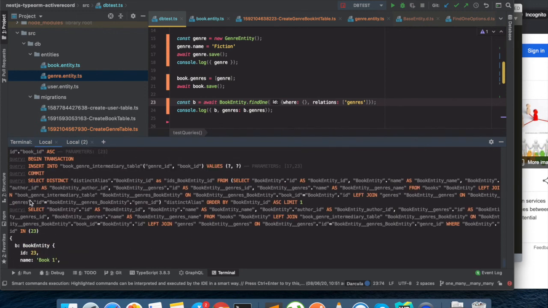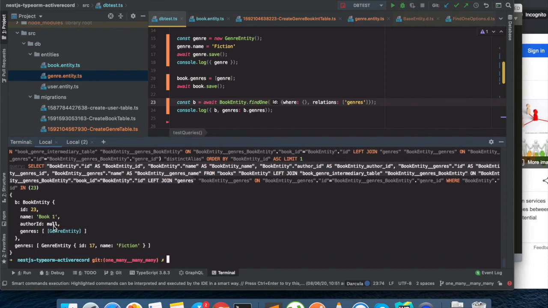Now you see it has fetched using the left join, and the ORM will take care of the joins and all. So you have this thing working. So that's all for this video.